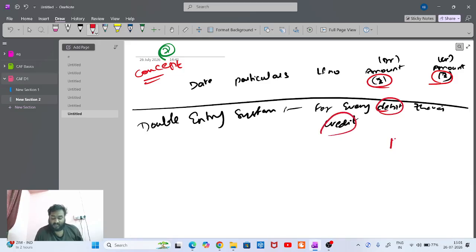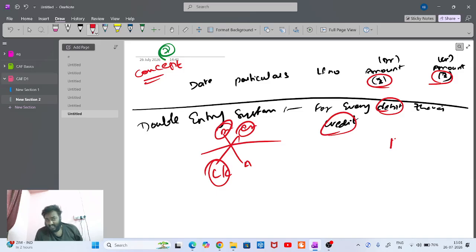For every debit, there is credit. If you remember the accounts, debit balances, credit balances, assets, liabilities, and capital, right? In these, if you debit something, we credit something, or we credit something. This is just a game. Debit, credit,